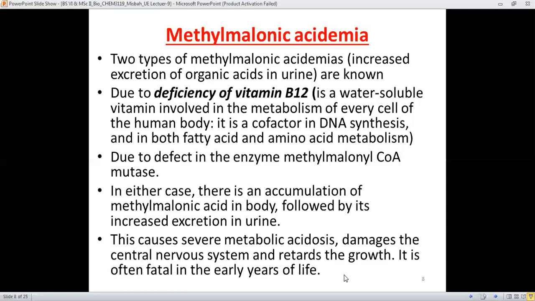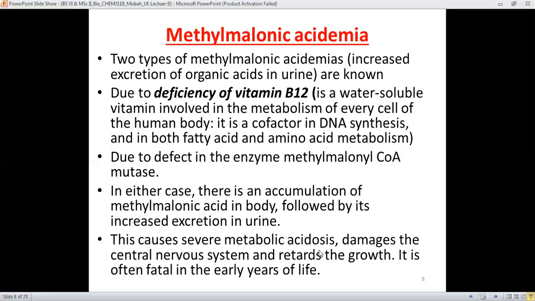And if the individual is at the growth period, in the early periods of life, like for the children or for growing kids, 12, 13 years of age, this acidosis is very